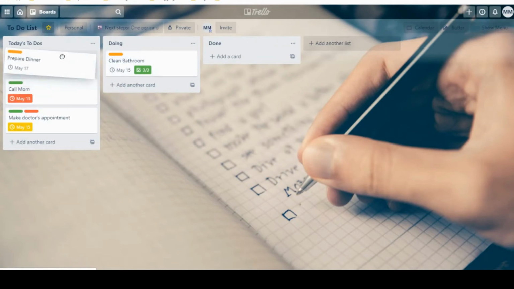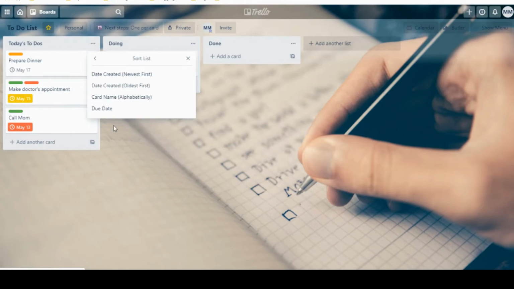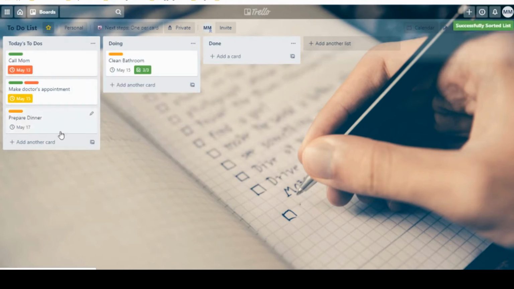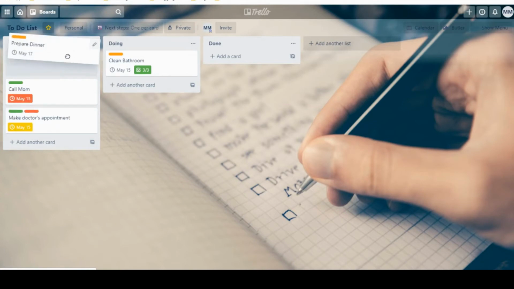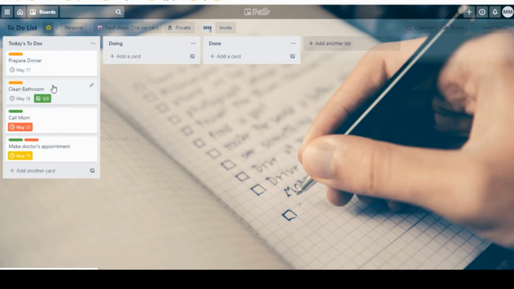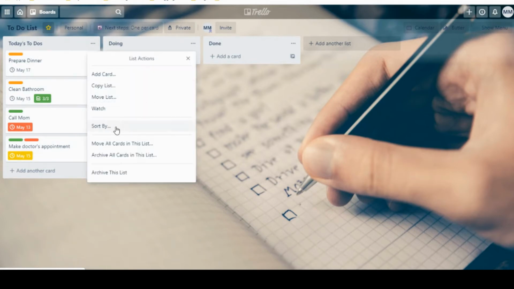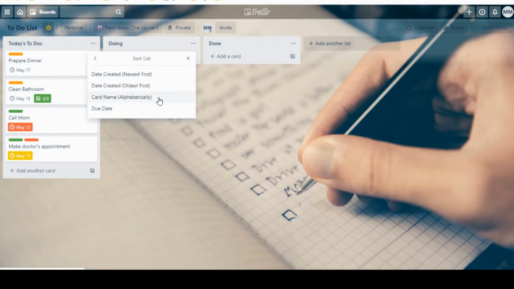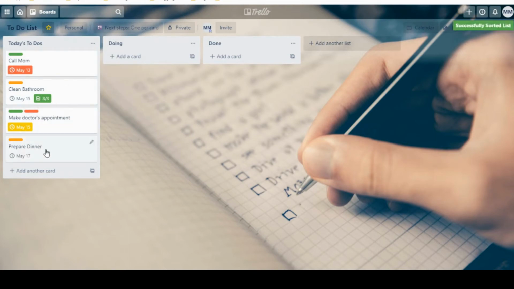So let's rearrange this order first, and then we'll go to sort by due date, and then it will reorder it in the way that it's due. And the same is true when it comes to alphabetical order. So if we wanted to do alphabetical order, now it's in alphabetical order.